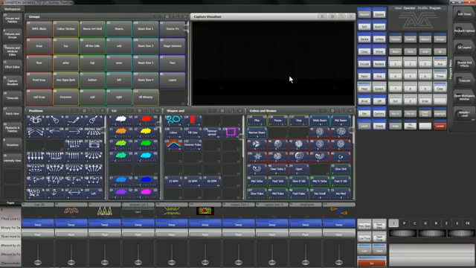I want to hear what some of you guys like doing and what some of you guys get up to, as well as some of the tips and tricks that I use on a regular basis when I'm programming gigs. Programming gigs, often it can always get down to the wire, down to the last minute adjustments, but 9 times out of 10 I've got a little bit of time where I can program some stuff beforehand. Programming some stuff beforehand helps a lot because you can have a little think about your console layout, and you can have a think about anything that you might want to use to make your programming life a little bit